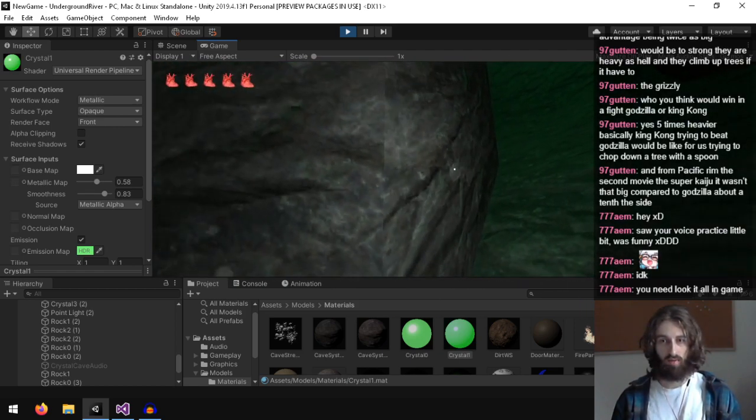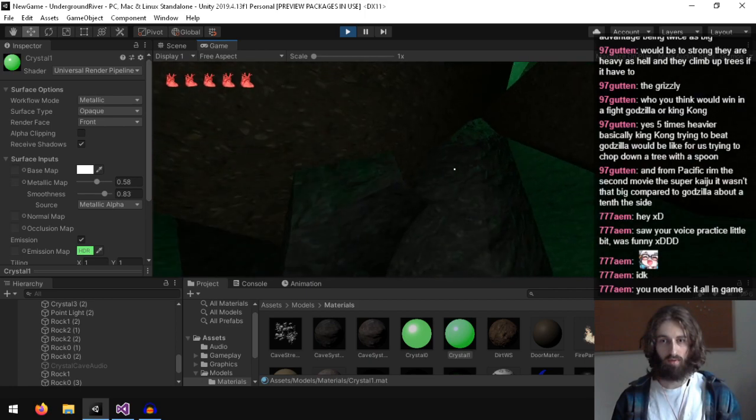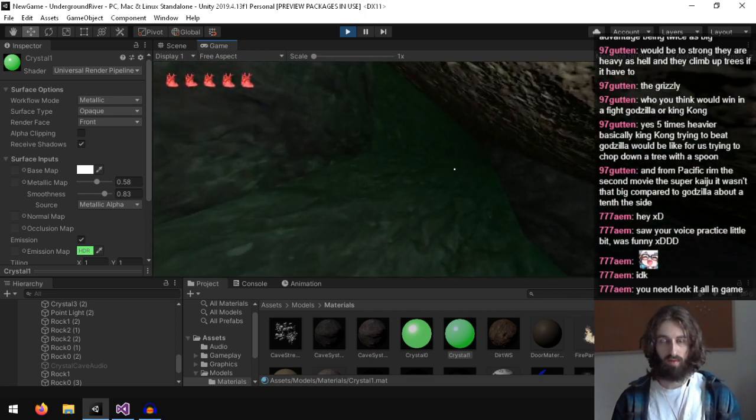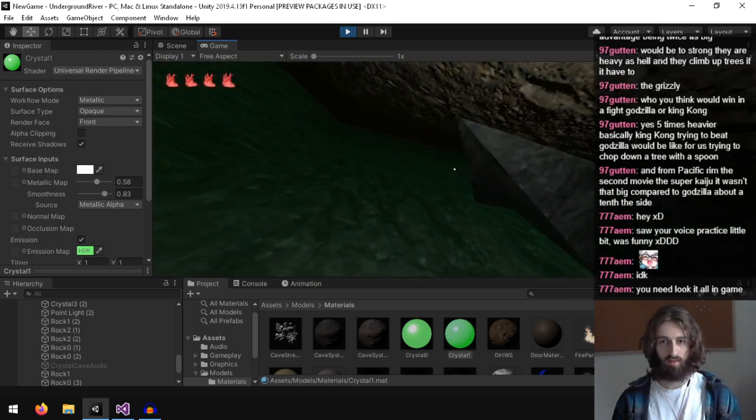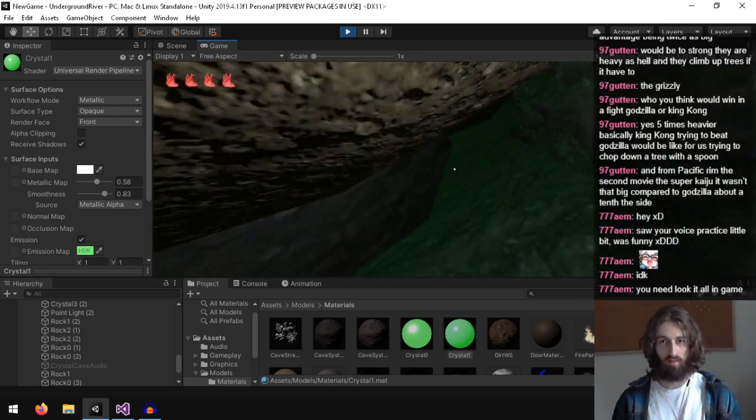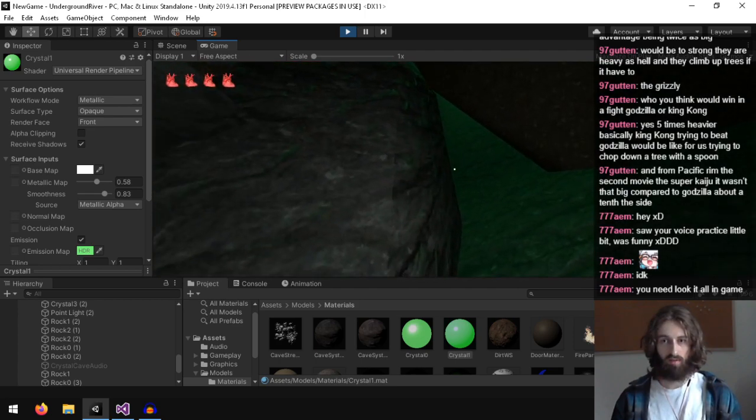I still don't know if I'm like super happy with the universal render pipeline. Not having shadows on a whole bunch of these things, but it's still pretty decent.